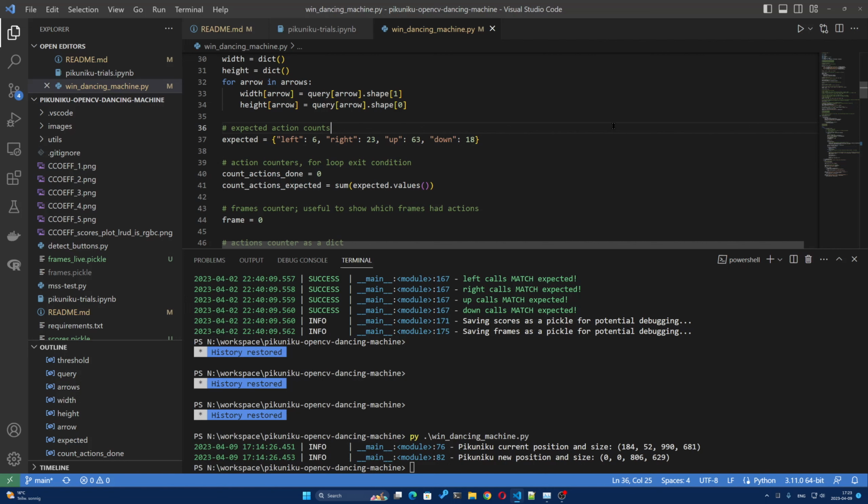So the very first solution that I have found for the Dancing Machine challenge was an AutoHotKey script somewhere on the Steam game forums. And it could have worked, but it's essentially doing a sleep for a certain amount of time and then sending the keystroke. And if you have even the slightest variations in frame rate, that becomes very tedious to adjust and adapt. And you also gain no knowledge by doing so. So yeah, I didn't go forward with that approach, but that's how I know how many actions have to be